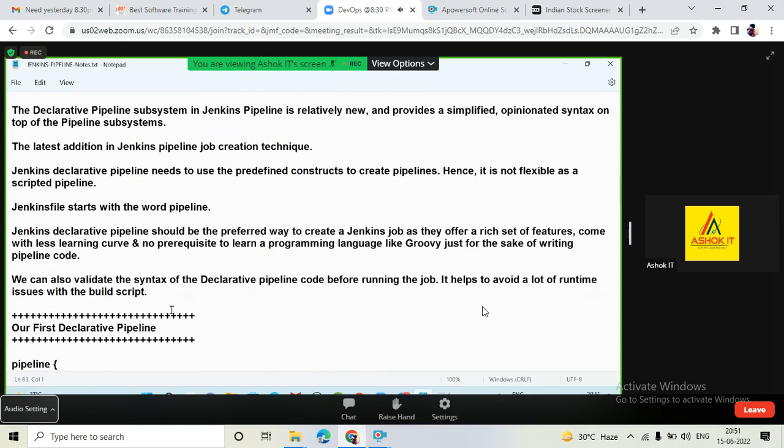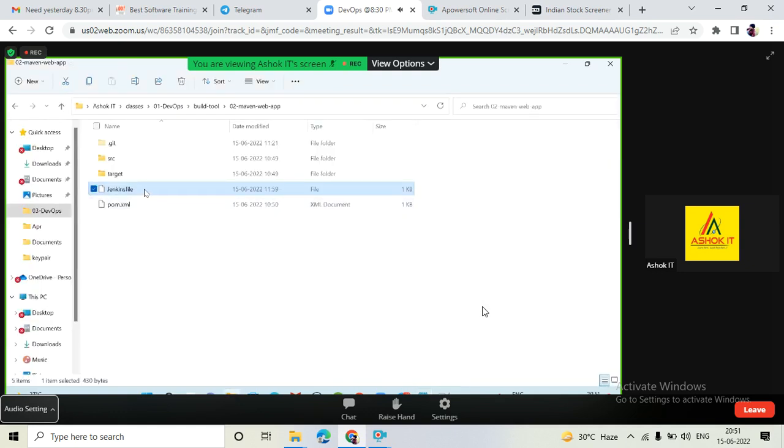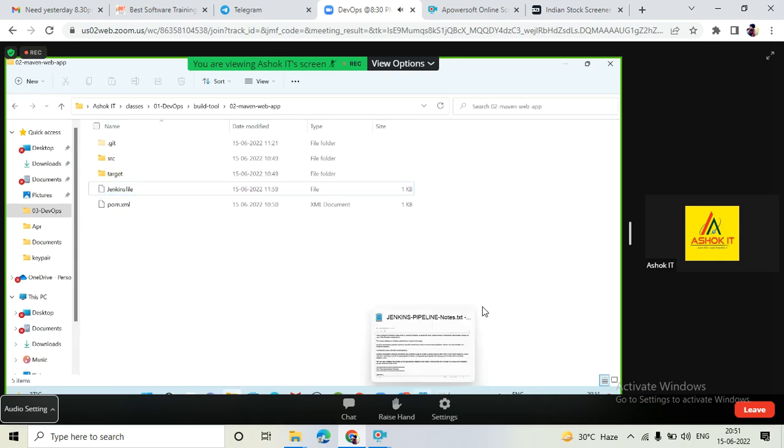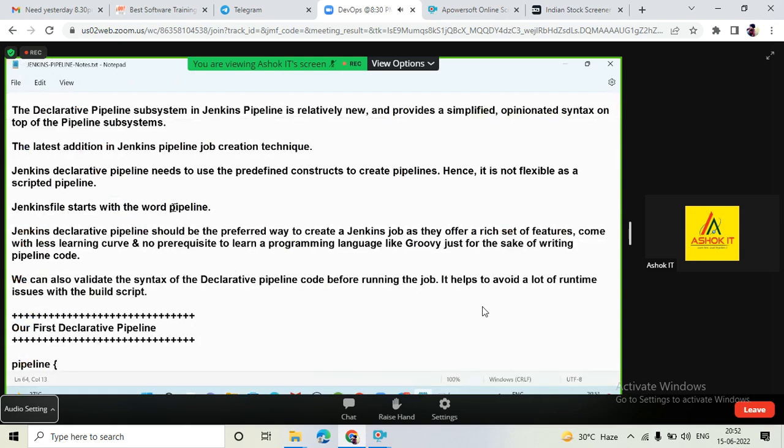In the declarative pipeline, a Jenkinsfile will be available. Every project will have its own Jenkinsfile. In that Jenkinsfile, we will write the pipeline script. The Jenkins pipeline script will start with a word called pipeline. The first word will be pipeline. Okay. Now, Jenkins declarative pipeline should be the preferred way to create the Jenkins job, as they offer a rich set